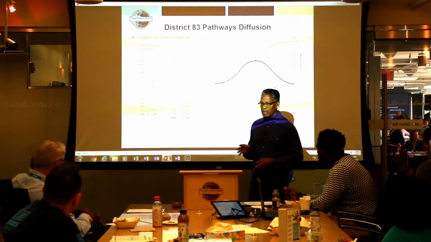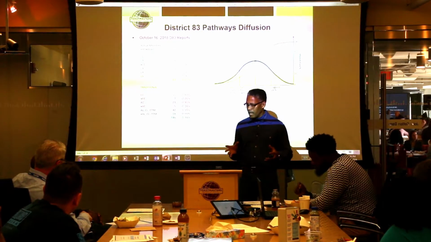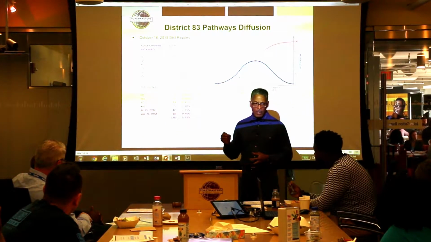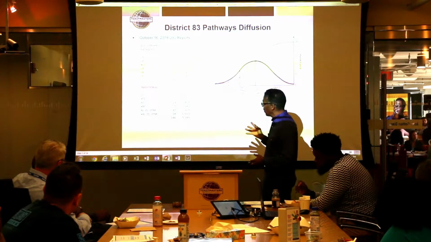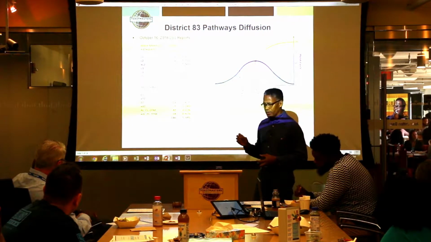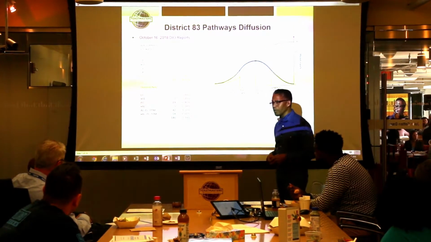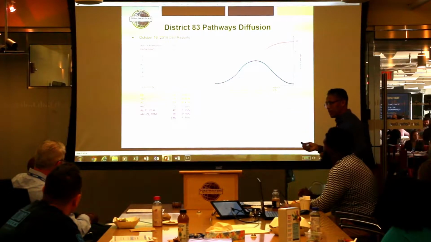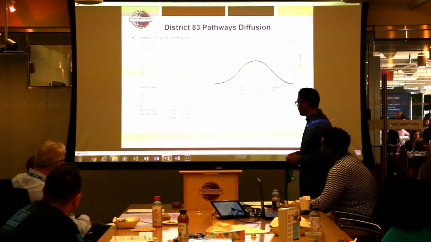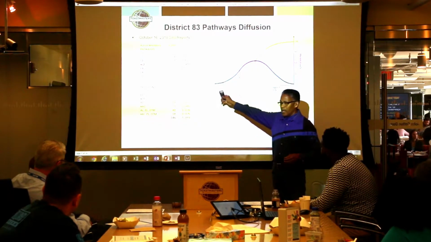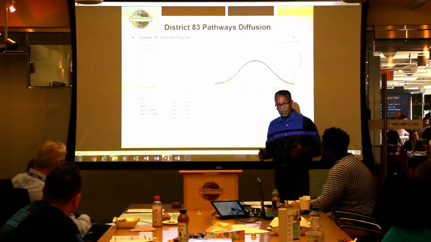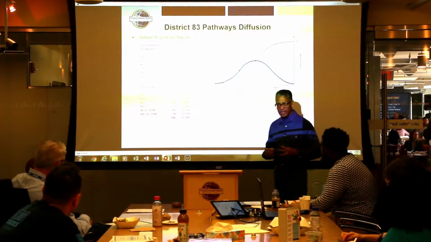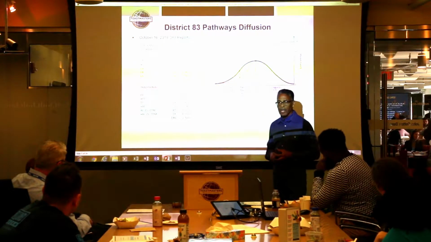You would expect, over the 5 months, plenty of time for many of our experienced Toastmasters to enroll in the program to be at a larger count in terms of the level number 1s, as well as the level number 2s. And yet we have a very low count of less than 1% of that total. If we look at this curve here, where we're talking about diffusion and adoption of new ideas and thoughts, typically with innovators under a curve of this nature, about 2.5% will automatically grab onto that new technology or that new skill or idea and embrace it fully and start learning how to use it.